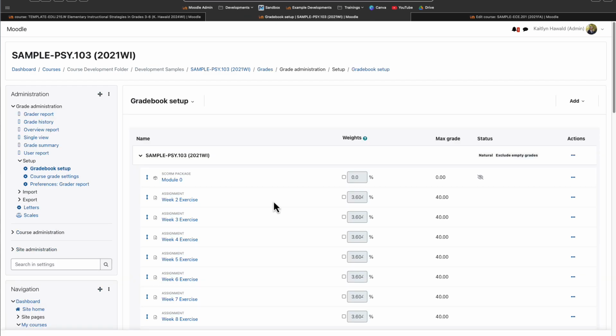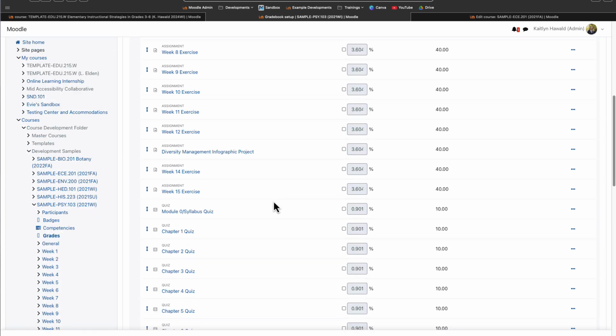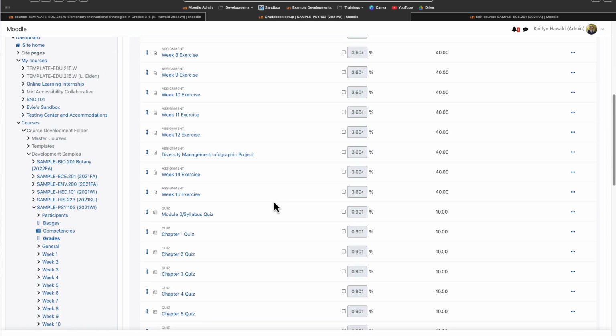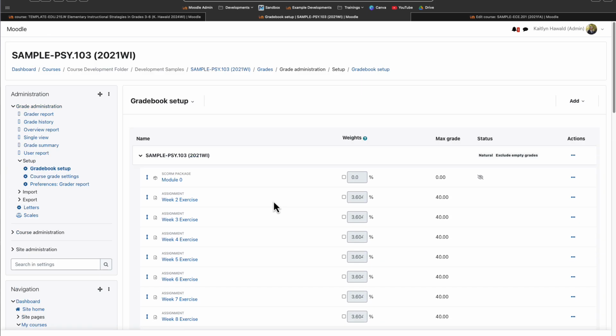This gradebook may look a little overwhelming since it isn't organized and you're not familiar with the assignments that are here. This is actually similar to the reaction that students might have when they head to the gradebook for the first time of a new course. Categories are extremely useful for making a gradebook organized for you as the grader and for students when they check